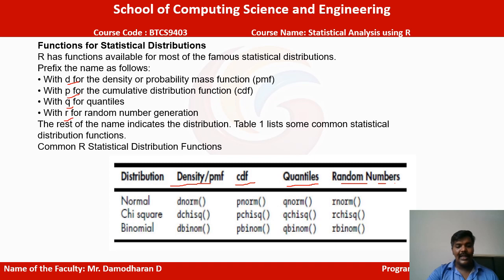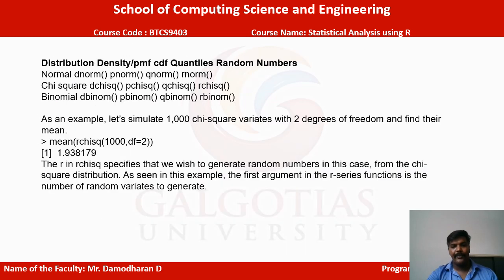So first we need to know the distributions. What distributions are there? Here the basic ones are the normal distribution, chi-square distribution and binomial distribution. These are the different distributions. In these distributions we will find the normal density value, or the cumulative function, or the quantile, or random distribution. So everything we will find here. Okay, we will go on to see the example on the next slide.